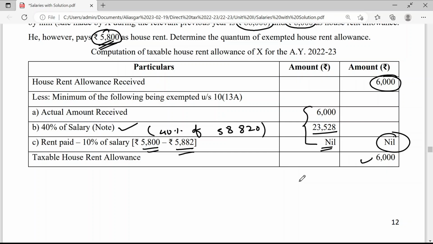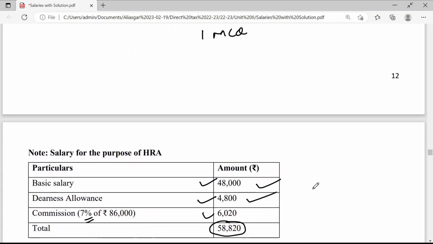So this is the allowance which depends on certain criteria. You have to follow that criteria to get the answer. This can be asked in a 1 mark MCQ also. If it is asked in a 1 mark MCQ, then don't do any calculation; you can directly make it out. But if the same is asked in 5 marks, or 4 marks or 3 marks, you have to make the full calculation. You have to write down all the steps.